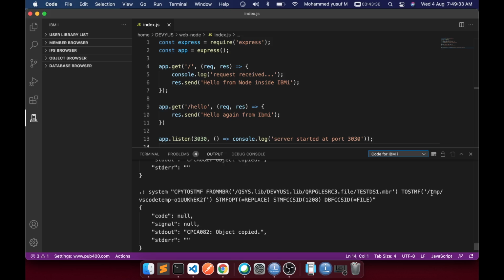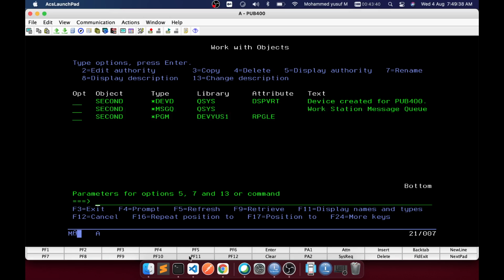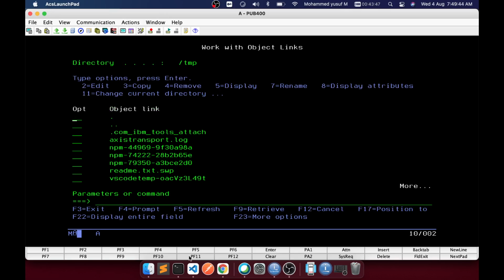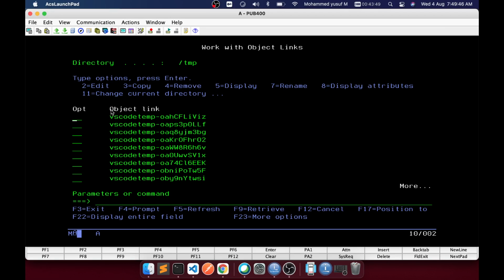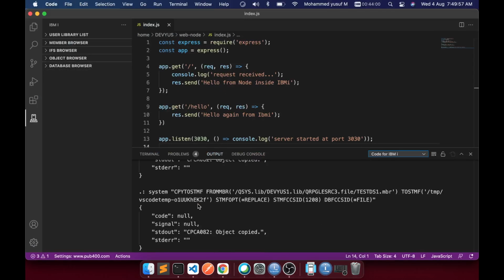So then I was curious to check into the temp folder. So I went to the IBM i, okay, and then I went to the temp directory, and then if I go inside, what I see is there are already a lot of subfolders available, which means these people are already trying to use the VS Code along with IBM i. Okay, that's a cool thing. So it's a good sign, I would say. So yeah, you can also try it from your side and then see how it goes. You can refer to the documentation. Yeah, you can spread the word so that things get shared. Okay.